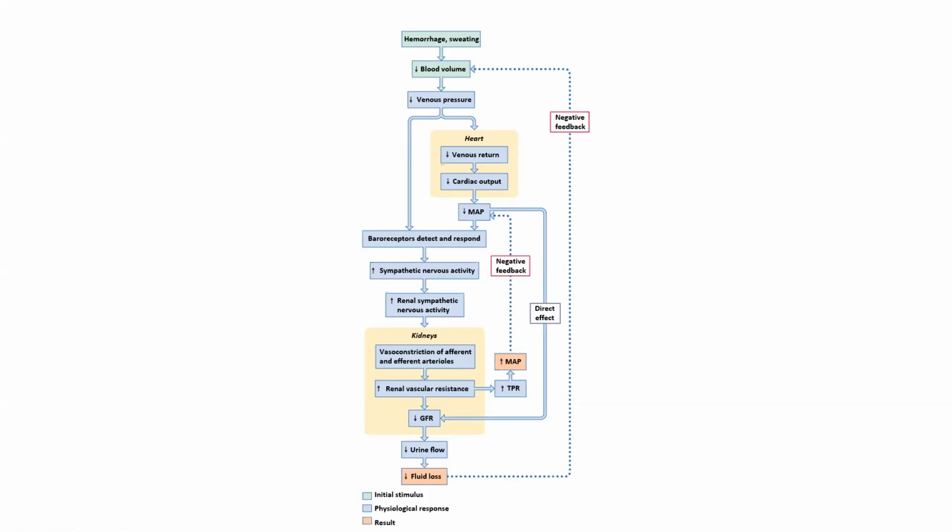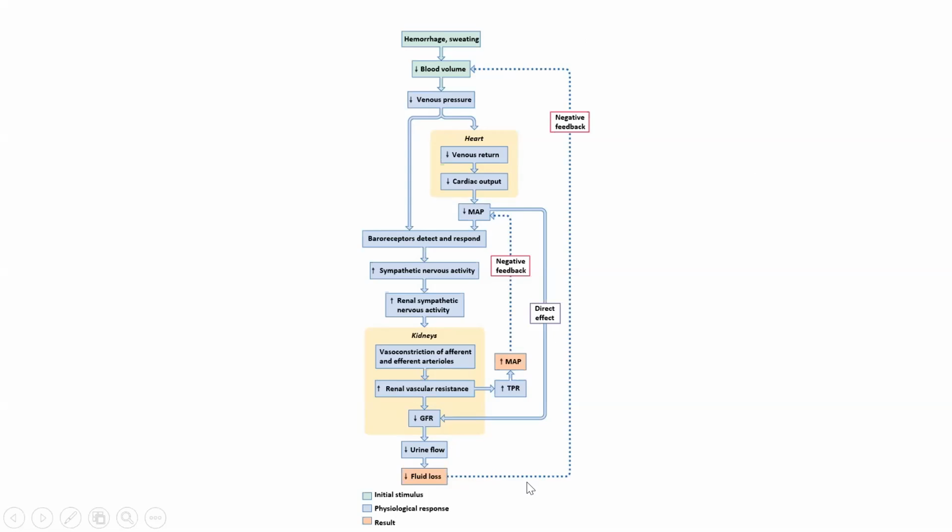And so this is what we mean when we talk about the extrinsic mechanisms of controlling GFR. So here, it's going to be beneficial to us to drop GFR in the face of a decreasing blood volume or in the face of a decreasing mean arterial pressure. That is going to basically keep us alive, right? If you're hemorrhaging or sweating, you don't want to just keep GFR because that's going to mean you're going to lose more fluid than you need to. You actually want to drop GFR so that you can hold on to some of that fluid.